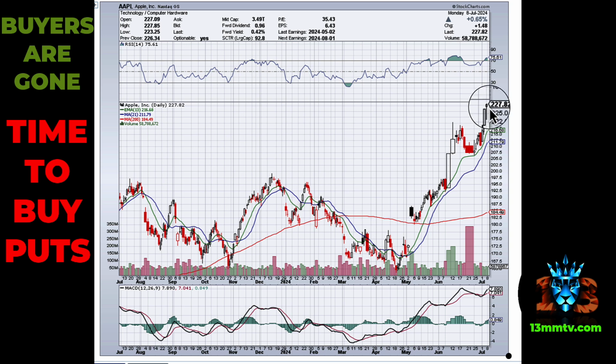So meaning that from 227, and guys, potentially pre-market, I don't know, Apple may be trading even higher. It could be at 230, okay? But 227 could be reversed all the way down to 210, meaning if you get a chance to short it at 230, okay, all it's going to take is just some sell volume to bring this thing down